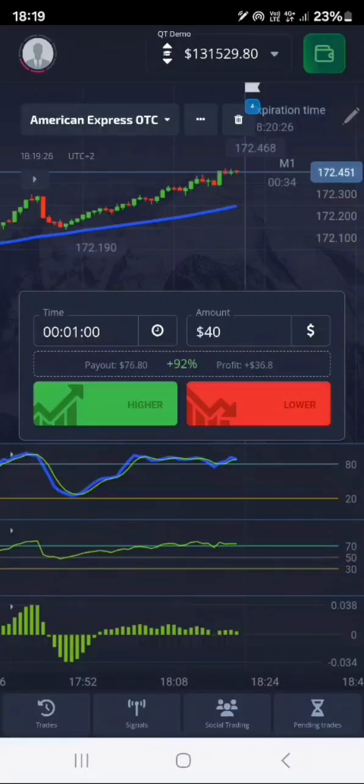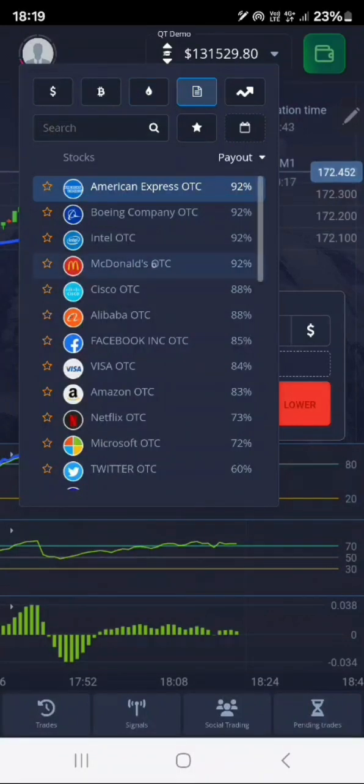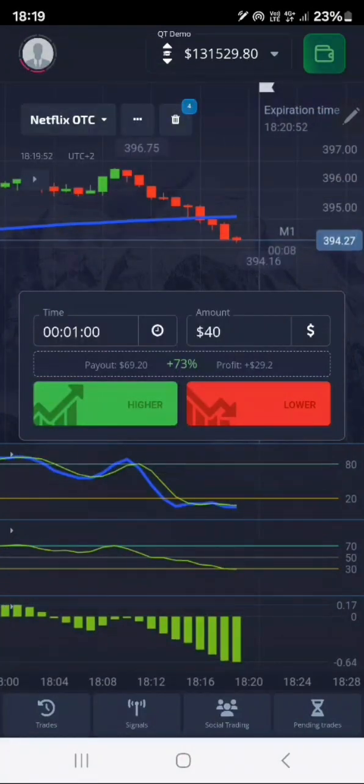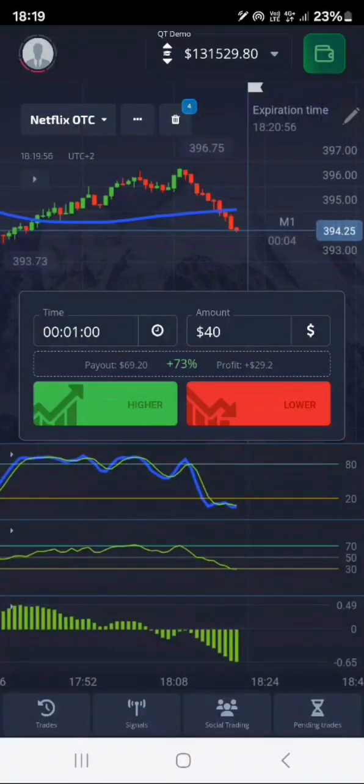A buy trade. Once the candles are too small, lining up like this, you don't have to enter a trade. You can simply choose another stock or currency or index to trade. You can see these ones, at least they are a bit bigger, so we can analyze on Netflix. All right, so